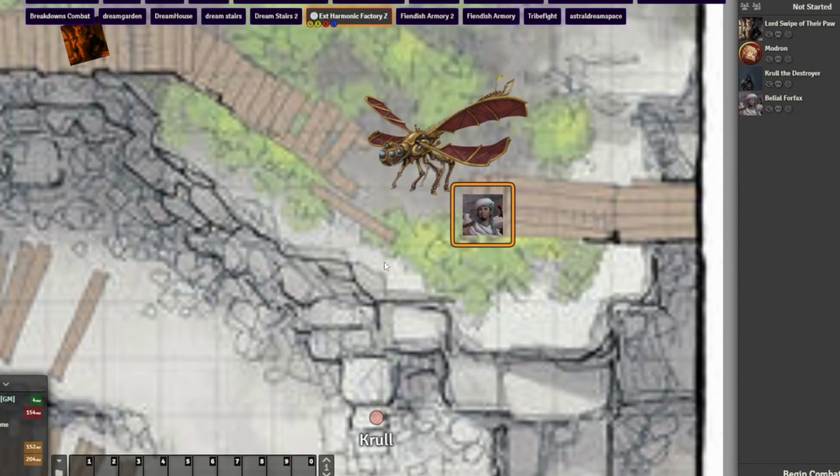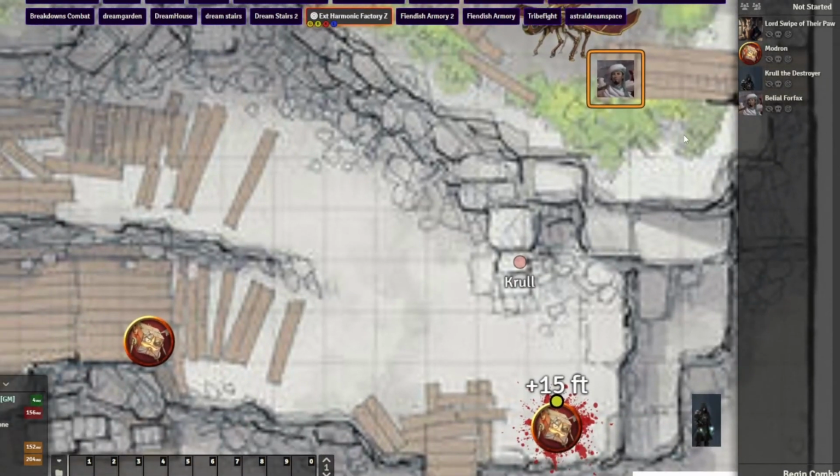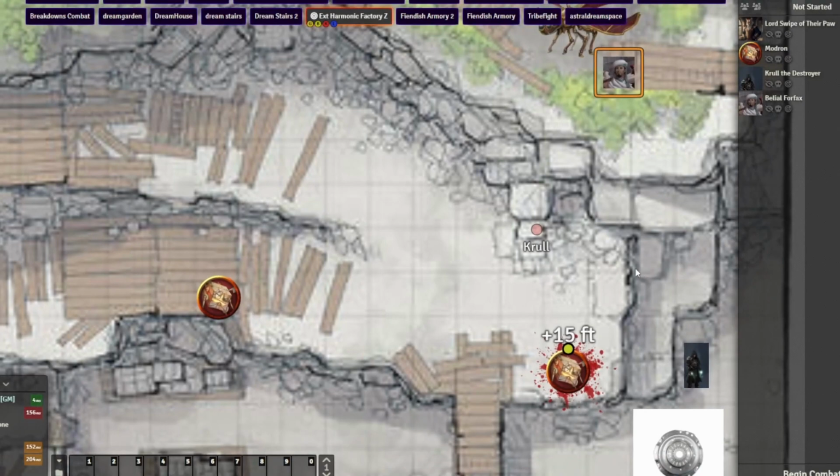And from the golden bow, a spell has been cast, and that spell is Flaming Sphere. Ooh.